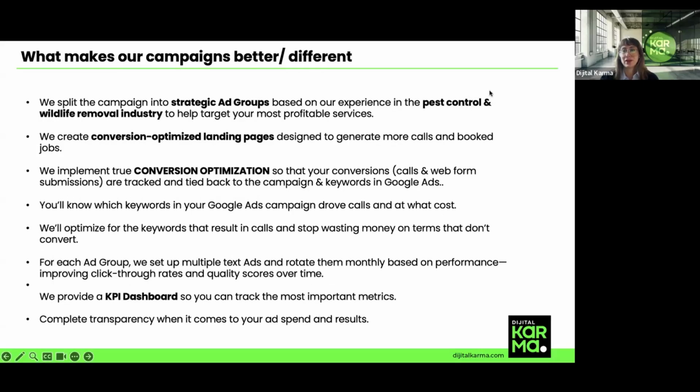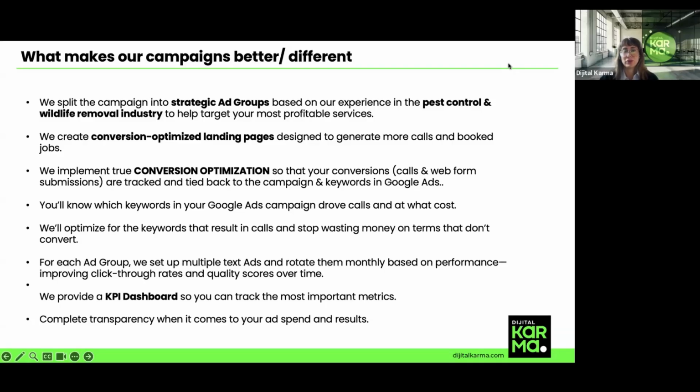And what makes our campaigns better and different? First of all, we split the campaign into strategic ad groups or strategic campaign groups based on our experience in the pest control industry. And so we do split tests constantly, not only for keywords, not only for ad groups, not only for campaign, we also do it for landing page.